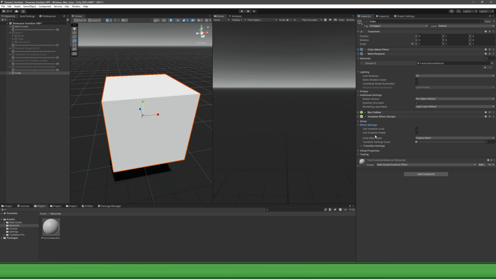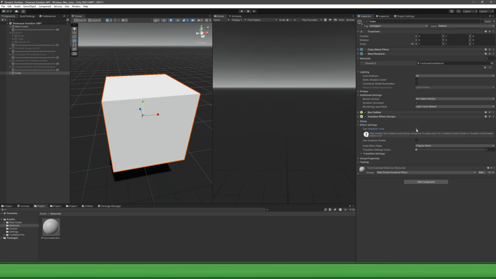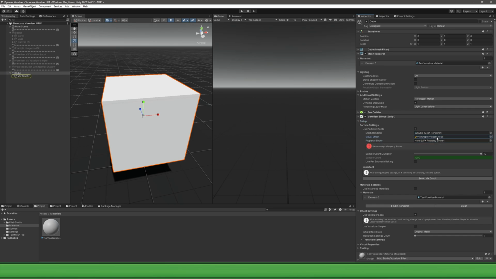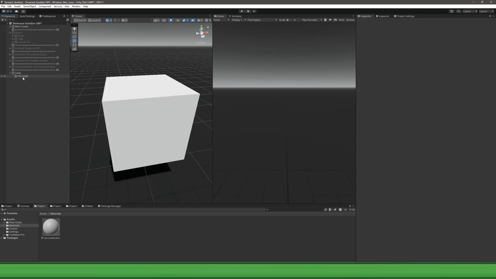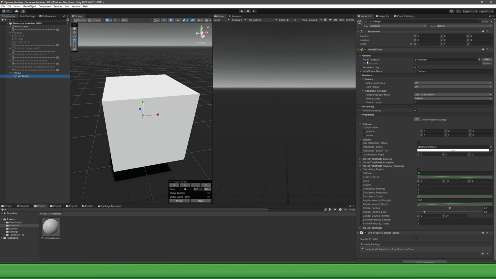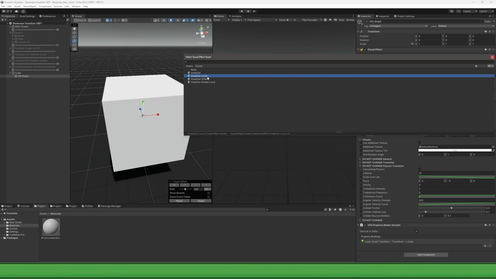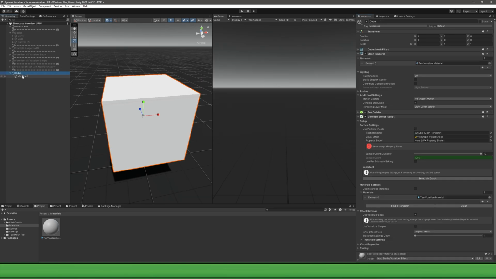These work hand in hand with those choice categories from option 7. If you wanted to use voxelizer local, you'd need to follow the instructions from sub step 7a to 7f. Just like this. Use voxelizer local, go to the setup, the property binder here, I'm just going to clear that for a moment, and the visual effect, just going to clear that. I'm going to go to the child VFX graph, and under general, the asset template, I'm going to go ahead and press the object picker icon, and I'm going to choose voxelizer local. I'm going to close that and go back to the parent object,